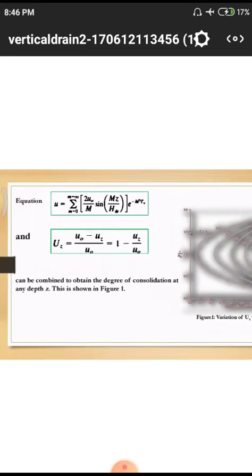After that, how the equation is used in different fields. First of all, u in the starting stage of the problem, that means in the starting stage of a borehole, how u will act, and after the water movement, how u will act. Those two conditions we need to observe.